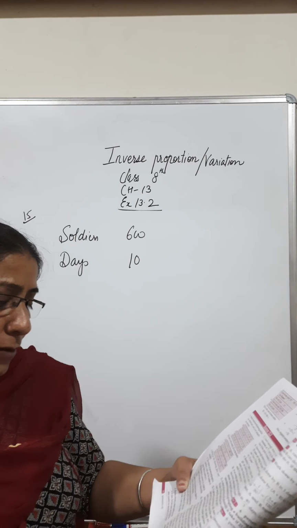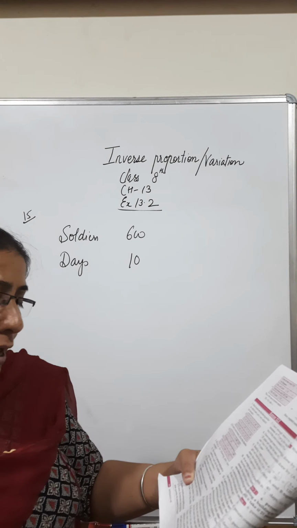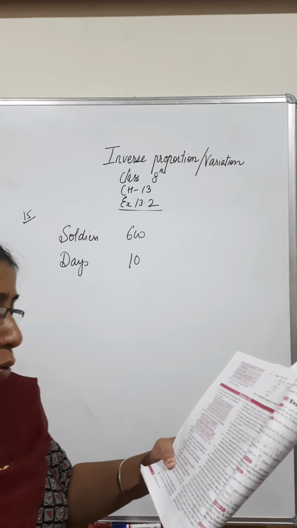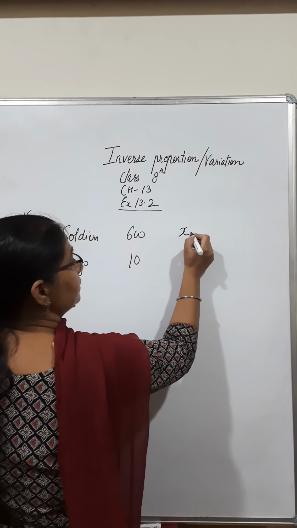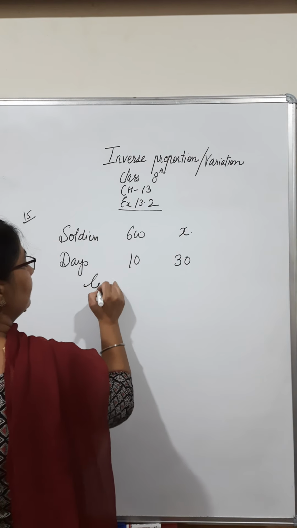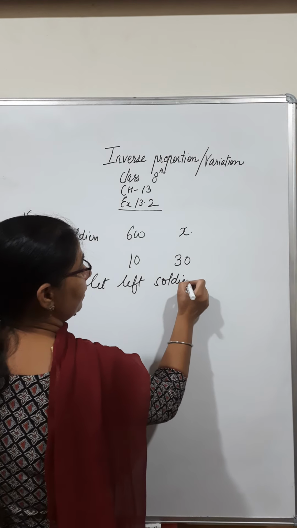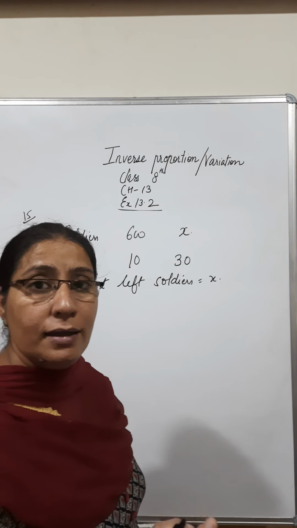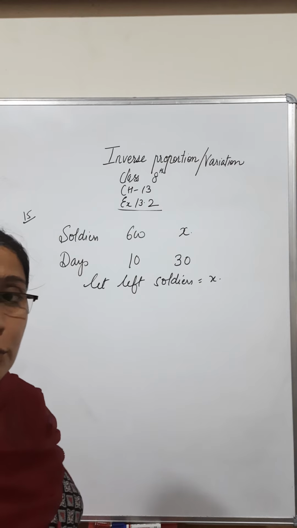After 4 days some men were transferred to another fort. ठीक है, एंड thus the food lasted for 30 more days. तो अब हमारे पास क्या हुआ, कुछ लोगों को हमने शिफ्ट कर दिया और उनको शिफ्ट करने की वजह से हमारे पास फूड कितना है, फूड अब 30 डेज है. इसका मतलब लेट द लेफ्ट सोल्जर्स, जितने लोग वहाँ पे रह गए उनको हम एक्स मान लेते हैं कि उस फोर्ट में अब एक्स मैन रह गए, तो उन एक्स मैन ने 30 डेज के लिए, अब हमारे पास उनका जो खाना है वो 30 डेज का है.